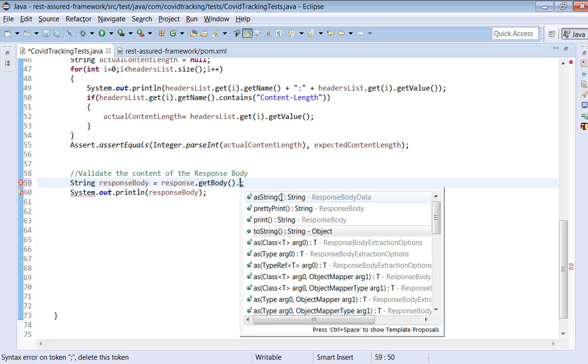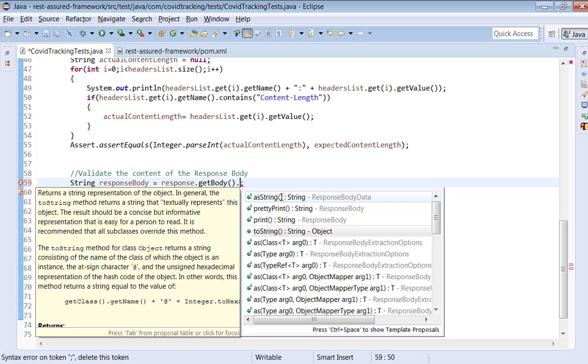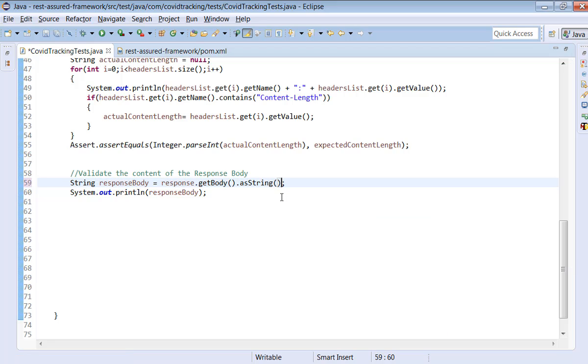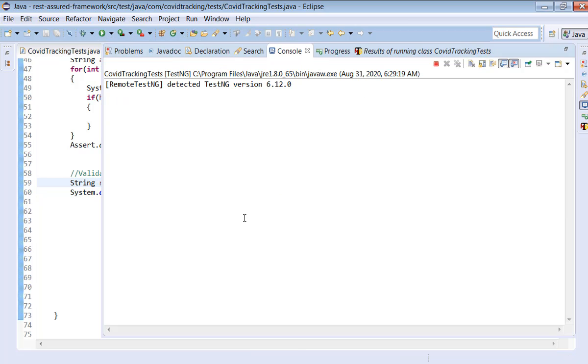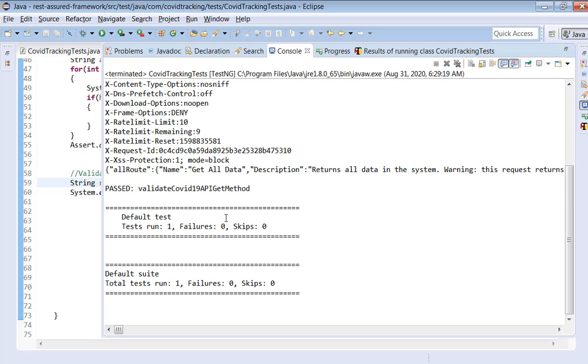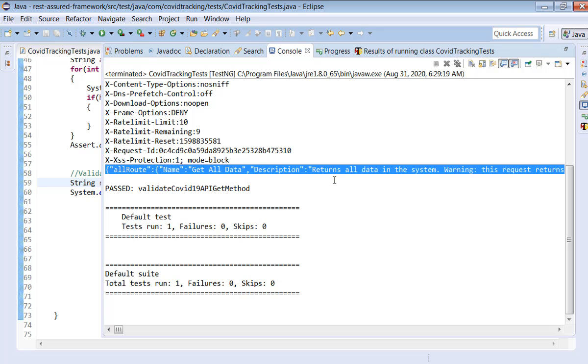We take response.getBody as string, because toString is returning an object. Do you see here? Actually, what we have done is converted this into an object, right? But we need the content as a string. Let's try to take it as string. Let me execute this. See, not toString, it's as string. toString returns the object representation, not the content of the response body. Now we got the content of the response body. See here, this we are getting as a string.